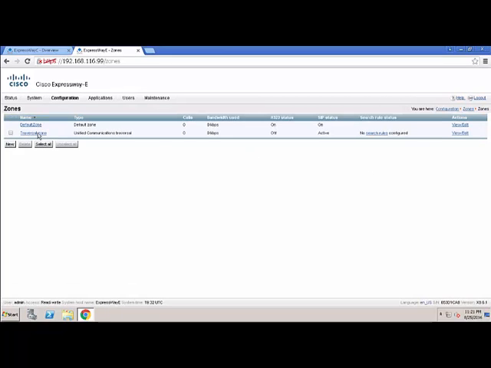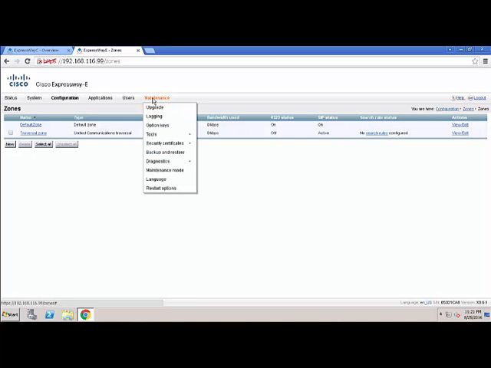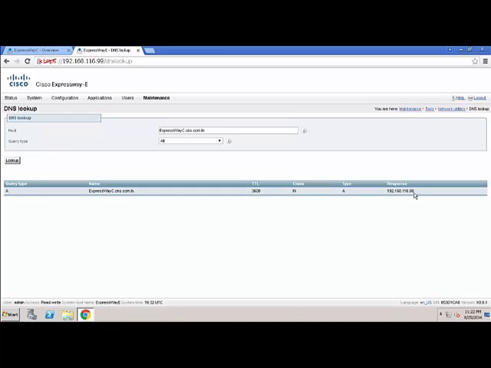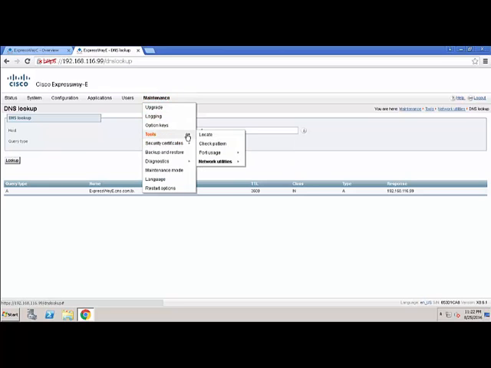If you still have problems with your traversal zone not going to active state, you need to do some troubleshooting. Expressway products have amazing built-in tools for troubleshooting under Maintenance, Tools, Network utilities. As you can see, there is ping, trace route, trace path, and DNS lookup, for example. We can see if the record is not resolving well, for example, lookup, and as we can see, it is resolving well. Let's try Expressway E, and yeah, it's also resolving as well. You can try pinging, you can